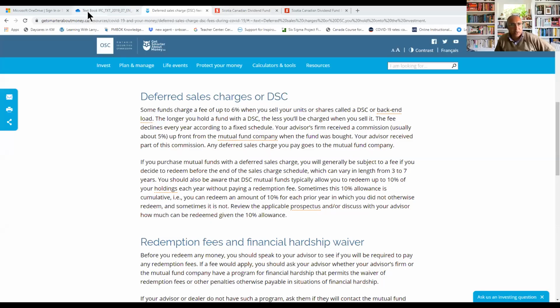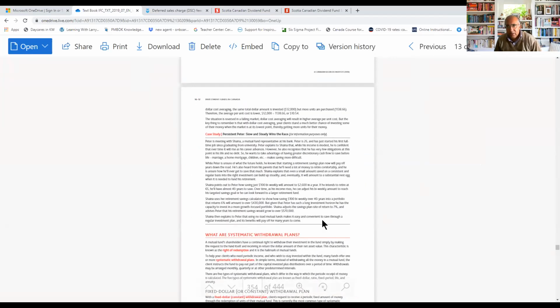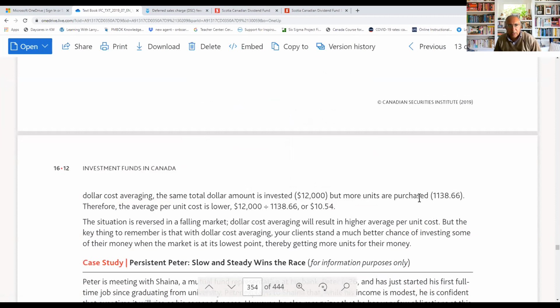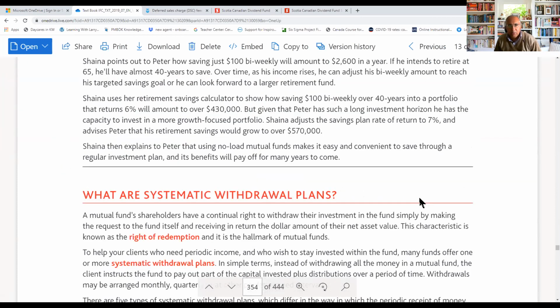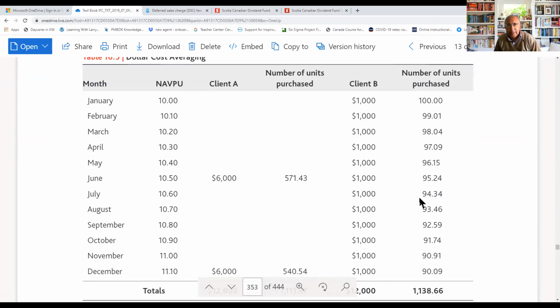Let me show you that in the book also. If we look at the book, the concept of dollar cost averaging. So here's the textbook. Let me make that bigger. Zoom it to 125. So we're in chapter 16, and this is systematic withdrawal. We're talking about accumulation. Here's dollar cost averaging. So in this example here,